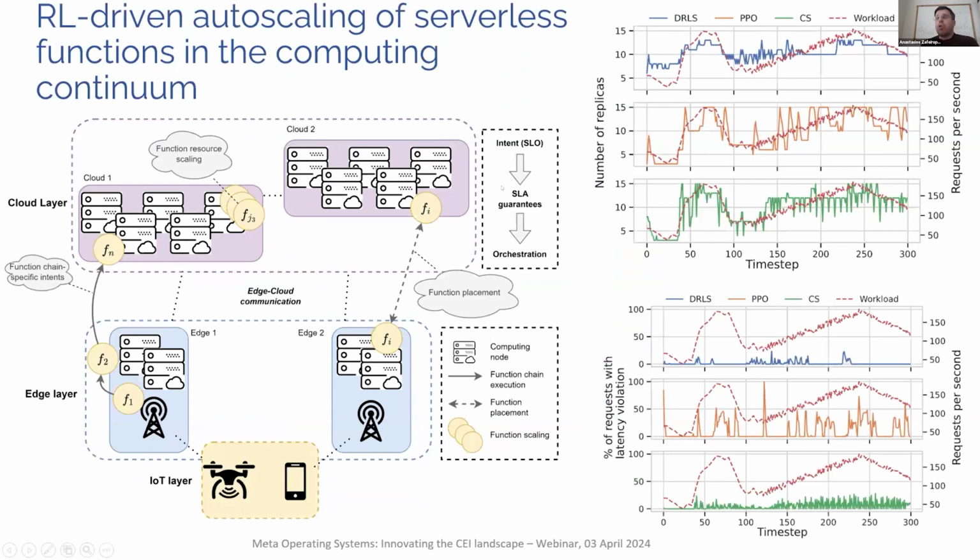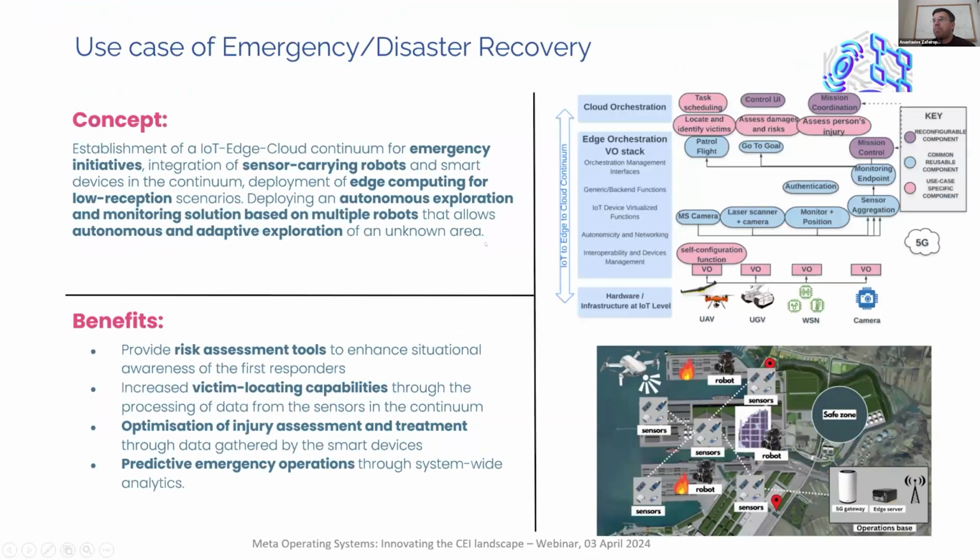And for instance, we have worked in this period on auto-scaling mechanisms for serverless workloads in the computing continuum, considering reinforcement learning decision-making, where we apply agents in the various parts of the continuum to manage the auto-scaling part. We have seen that we can achieve better use of resources while guaranteeing or having fewer violations in the SLAs that are applied in the infrastructure, starting from an intent, moving to the SLAs and to orchestration actions.